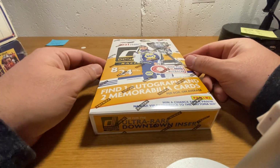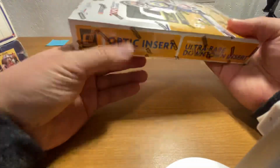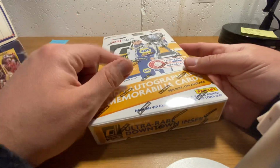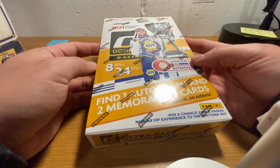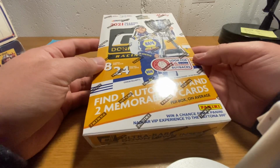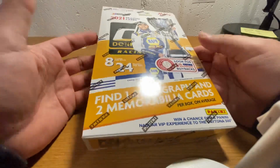And this is 2021 Donruss Racing, which, it's kind of funny they don't put a picture of the cards on the box, which is too bad, because I think the design on these cards is going to be the design for all the 2021 Donruss stuff, including baseball, which comes up in like a month or so, kind of mid-March. That would be kind of cool to see, but these are also on the website,